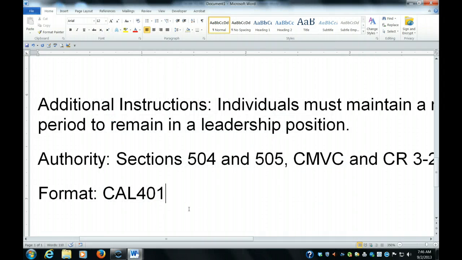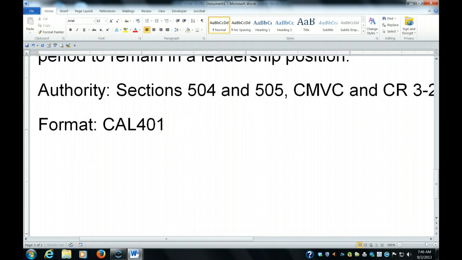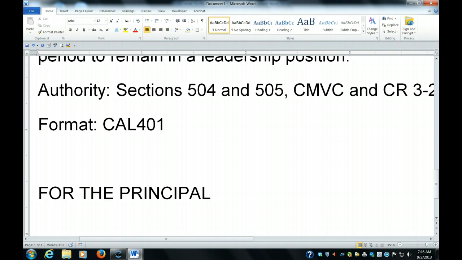So this is format Cal 401. Anytime you're doing duty assignments, that is the format number, and it follows this protocol. So you press enter twice, and then all orders are by order of the principal, but the principal doesn't necessarily sign the order. So you type in capital letters for the principal and a colon, and then press enter 4 times,